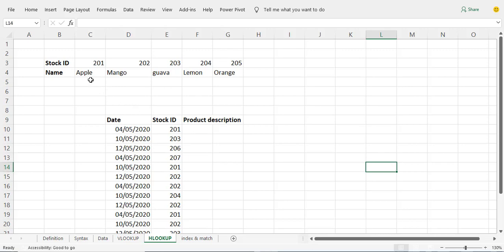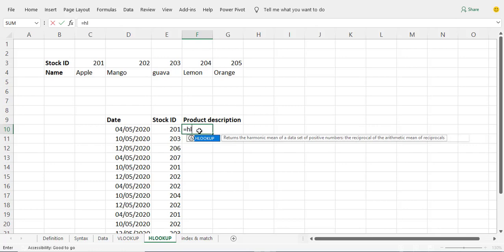Here we have the stock ID number in rows and the names in the second row. Now we want Excel to return the product name when each of the stock ID is selected. We have equals to H-Lookup. So our lookup value in this case is stock ID, comma. Then our table array